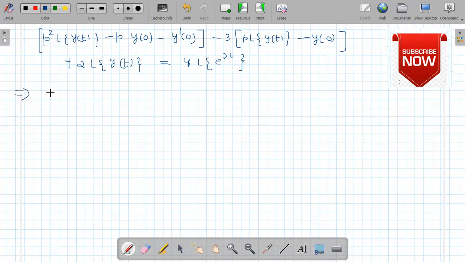This implies y at 0 is given to us as minus 3 and y dash at 0 is 5. So applying the initial conditions, we have